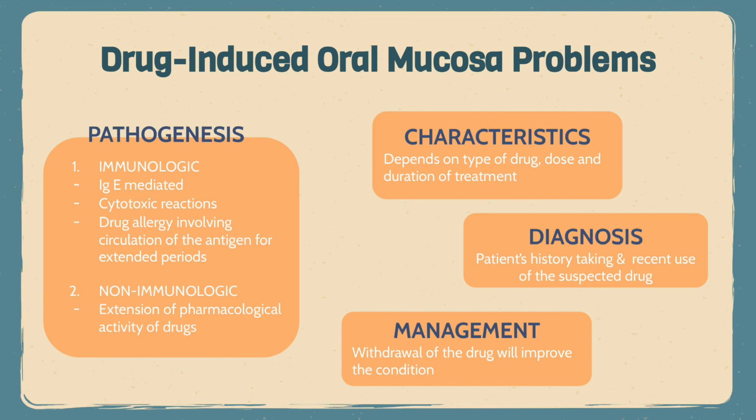Secondly, drug allergies can involve a cytotoxic reaction in which an antibody binds to a drug that is already attached to a cell surface. And the third mechanism in a drug allergy involves circulation of the antigen for an extended period, allowing sensitization of the patient's immune system and production of a new antibody. For non-immunologic drug reaction, it's non-antibody dependent and may directly affect mast cells, causing the release of chemical mediators. Also, some non-immunologic drug-induced reactions result from a drug overdose or toxicity.